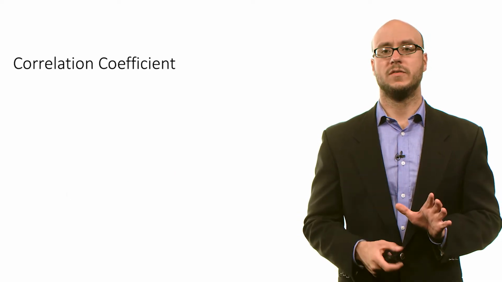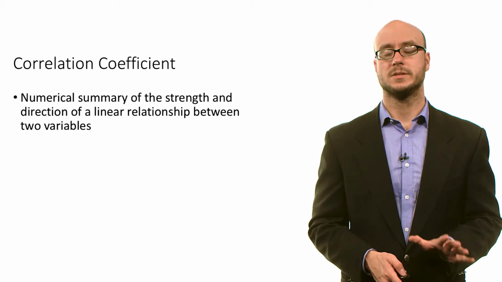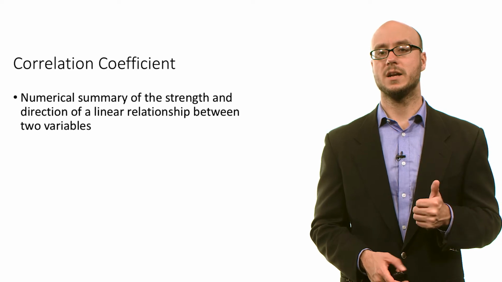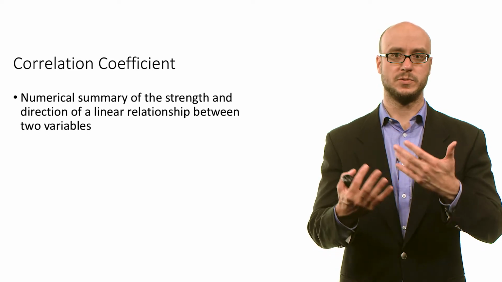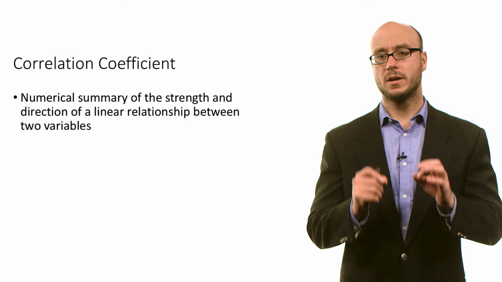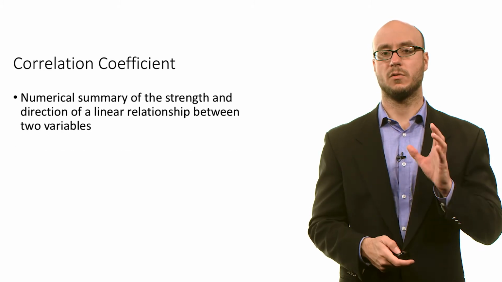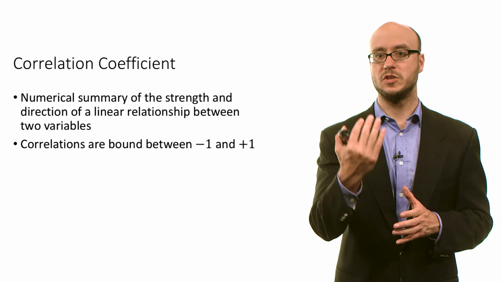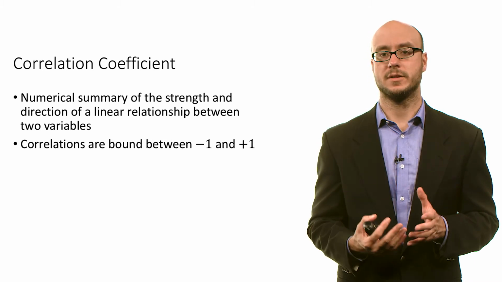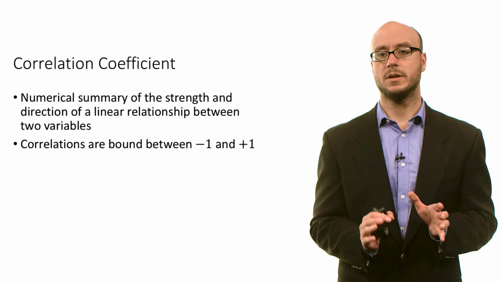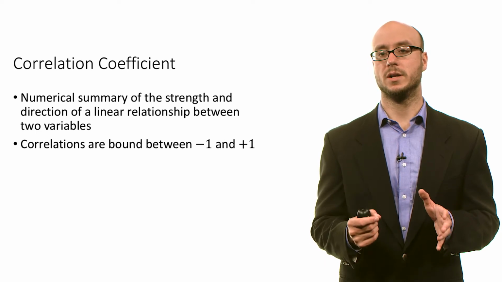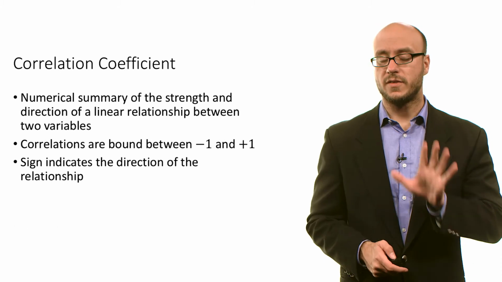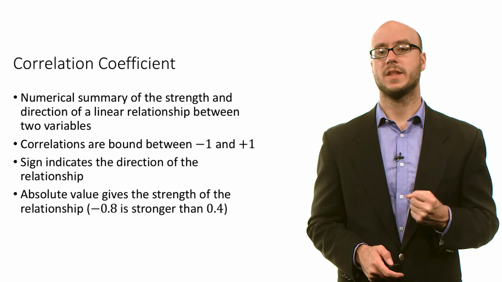The correlation coefficient has some nice properties. First of all, it gives us not only the direction or sign of a linear relationship between two variables, but it also gives us the strength or magnitude. Correlations, because they are unitless, because those units in the numerator and denominator cancel each other out, are bounded between -1 and +1 as a result of dividing by these standard deviations. It's a very useful measure, and